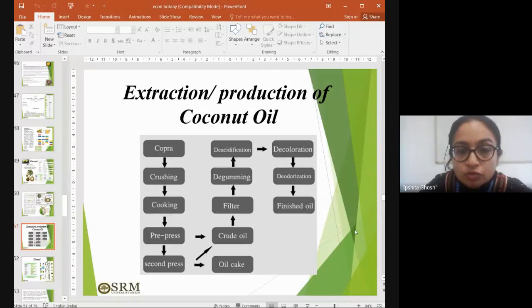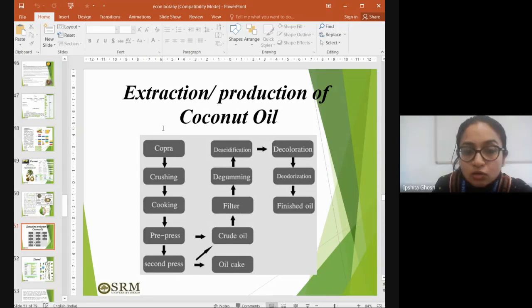So here also you do not need to go into much detail like de-acidification and all, but you can just remember that the powder is used to start off the extraction, and from that it is crushed. And cooking here doesn't mean the kind of cooking we do at home, but the term cooking is used for crushing, pressing, or the extraction of the oil, I mean the initial phases.